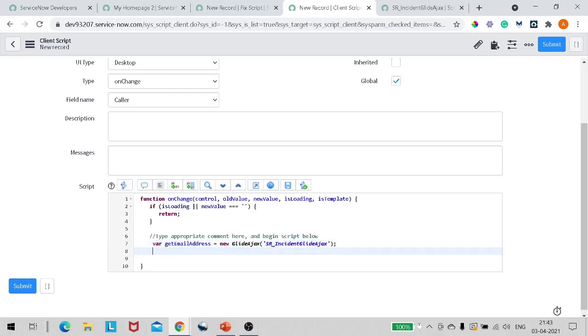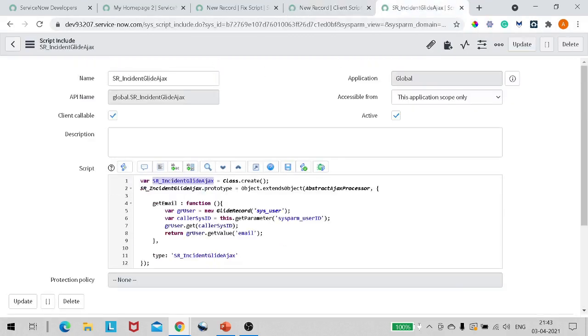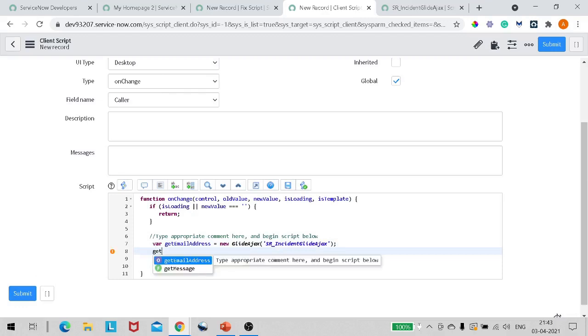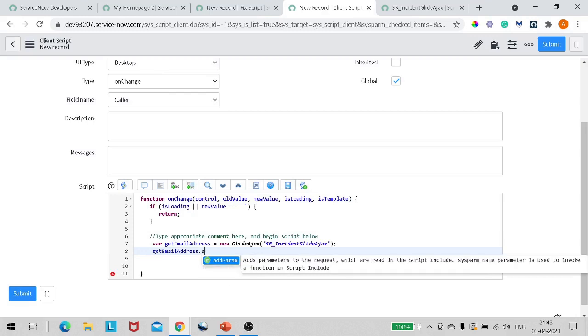Now the second step is calling the method which is getEmail. We have entered the script include, now we want to get this particular method, right? For that the syntax is getEmailAddress dot addParam.